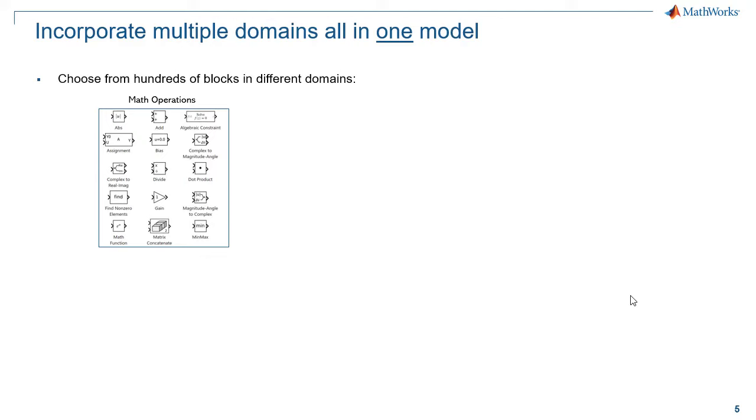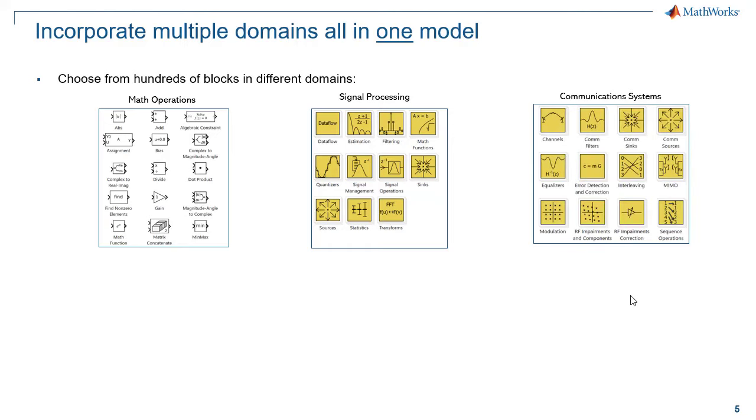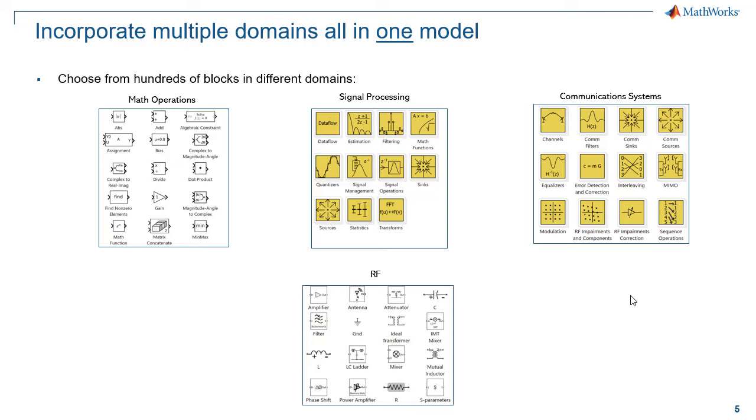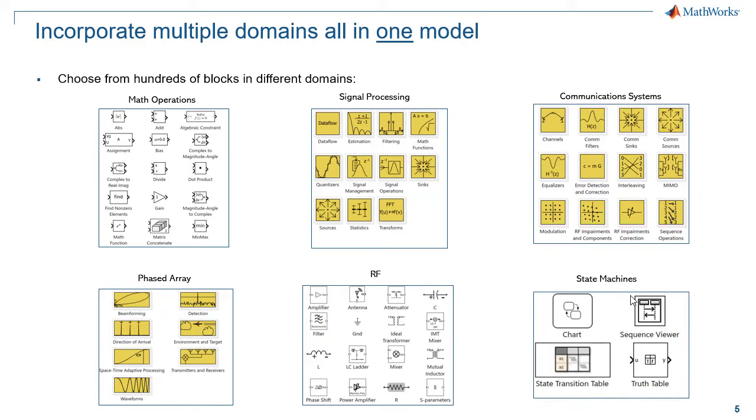First, with math, with simple primitives like the unit conversions and transcendental functions. Signal processing with beefier algorithms like spectral analysis and digital filter design. Communication systems with PSK and QAM modulators, encoders, channel models for BER simulations, and synchronization algorithms. RF with amplifiers, mixers, up and down converters, and filters defined by S parameters. Phased array with linear, circular, rectangular, and custom arrays, and many types of beamformers. Even state machines that can graphically show transitions from one state to the next.